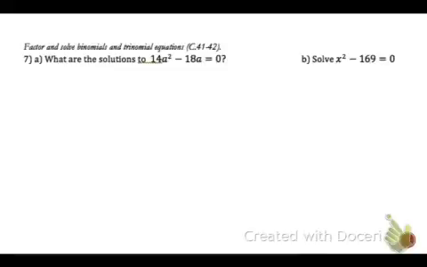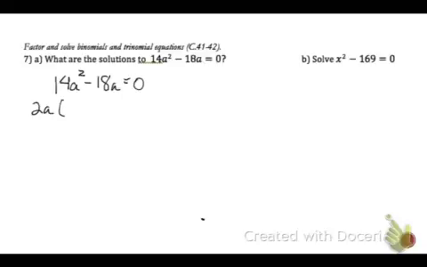squared minus 18a. So let's see if we can factor. Remember, when we're factoring, we always look for a greatest common factor, which can be numbers and variables. So I know that 2 will divide into both 14 and 18, and also I can divide out 1a. So that's my factor that will come out front, and then once I divide those out, I have 7a minus